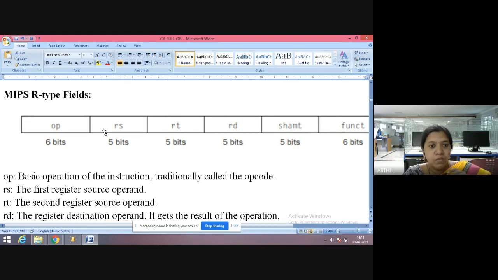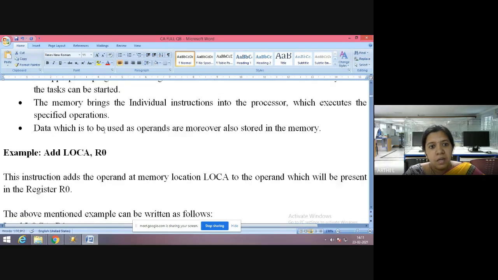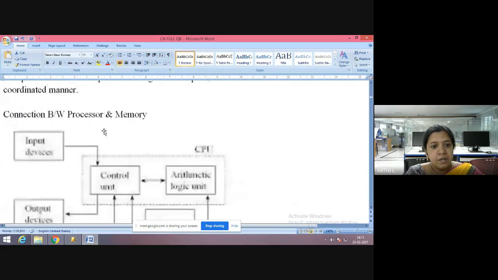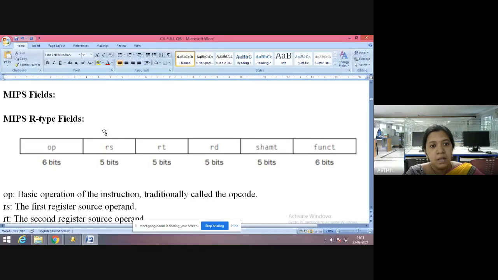Now let's go to the fields of R type instruction. Okay, so here you can see the fields of the MIPS R type: OP, RS, RT, RD, SHAMT, function.